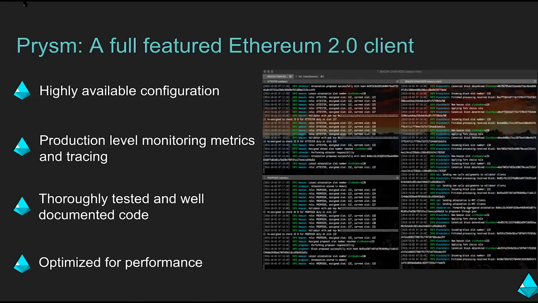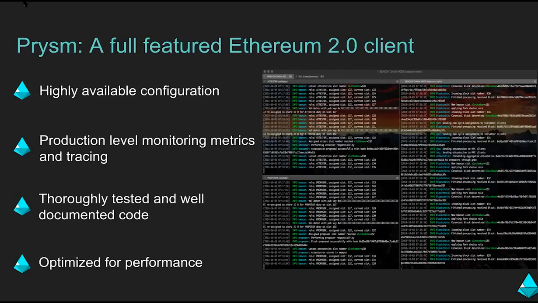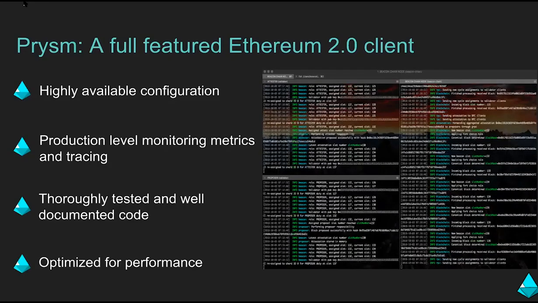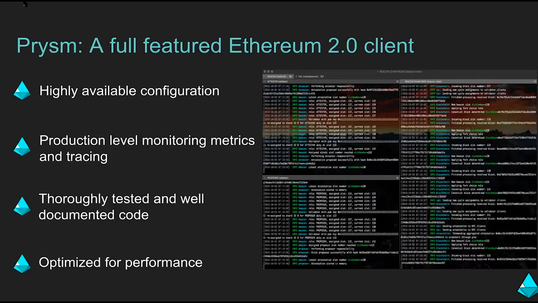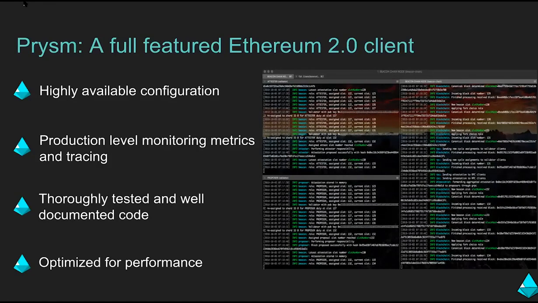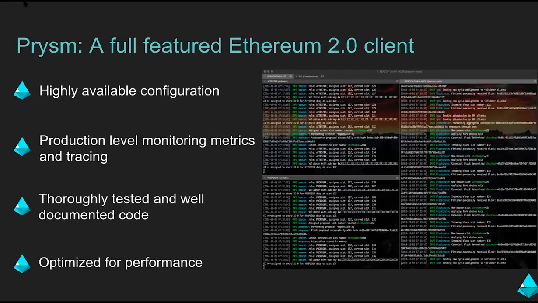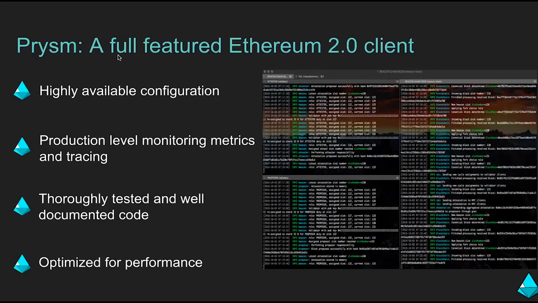And then our final feature here is that we are optimizing the client for performance, as well as ease of data access. So we have an API where you can query against historical data. So asking, what happened in Epoch 10, and rebuild an image for your analytical tools or block explorers. And that's me. That's Prism. If you have any questions, write those in the chat or send them to Trent. We'll answer at the end.